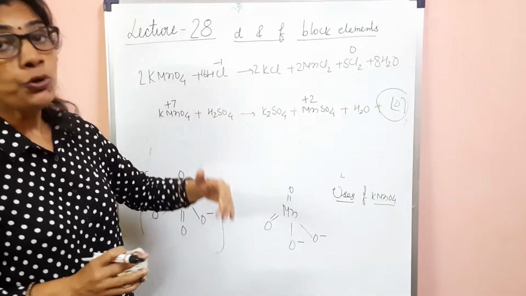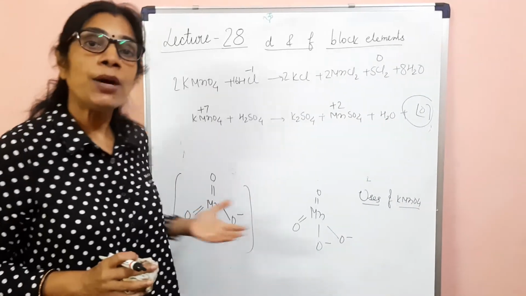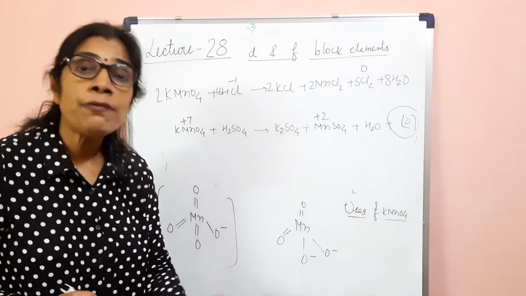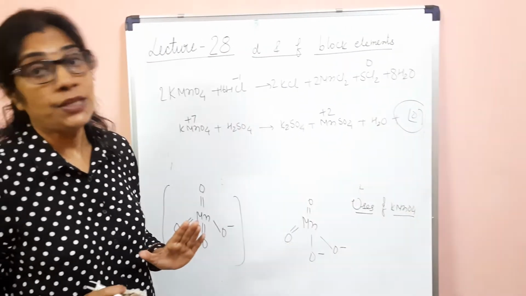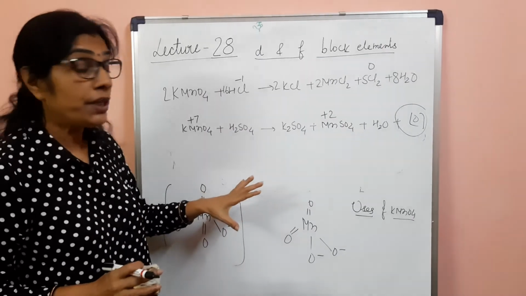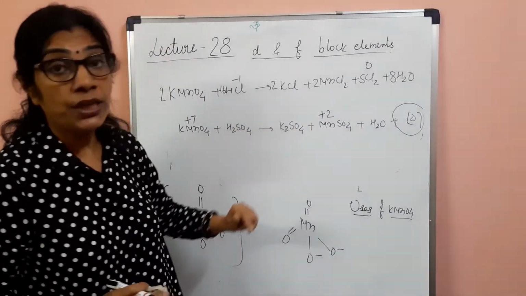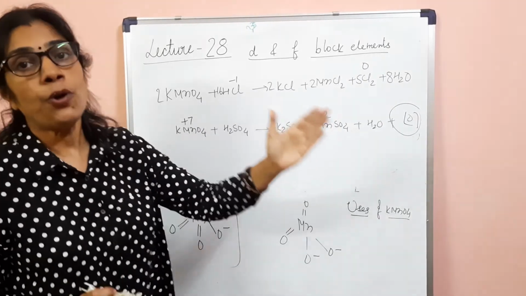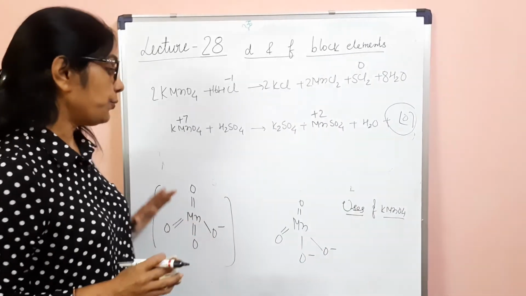And why do we not use HNO3 during permanganometric titrations? Because HNO3 itself acts as an oxidizing agent. So this is very, very important: why do we use sulfuric acid, why HCl is not satisfactory, why we do not use nitric acid, and so on.